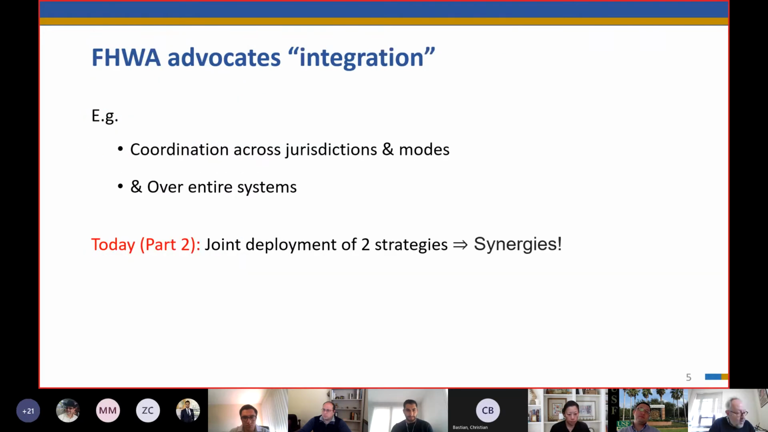I also find it interesting, or maybe I should say telling, that the Federal Highways TSM website advocates deploying TSM in what it calls integrated fashion. Specifically, the website advocates coordinating TSM strategies across multiple jurisdictions and across multiple travel modes. It also advocates deploying these strategies over entire transport systems rather than just at isolated locations. Now, this all seems like very good advice to me, and I think perhaps it reflects bigger thinking on the